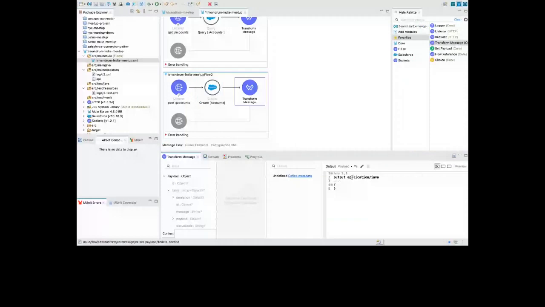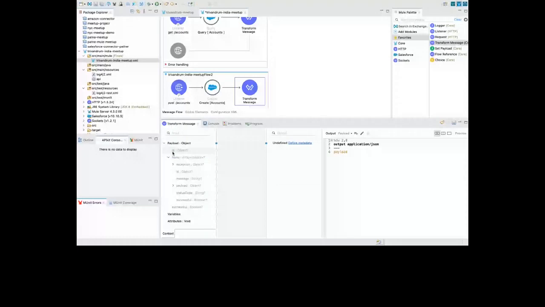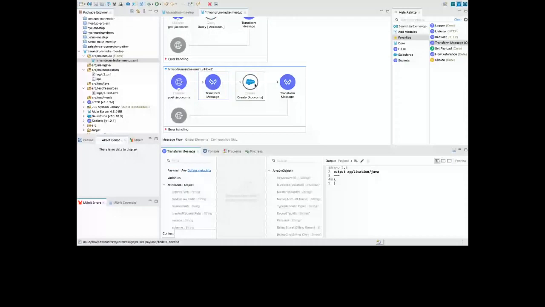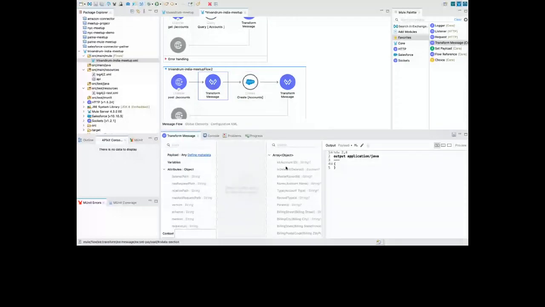On the left itself, we are able to see if there is any exception or what the payload is. Now on the right there are a few parameters that we need. What sort of information do we want to send? Okay. So to create, there will be a mapping. So we'll also use a transform message between listener and accounts. Now you can see here, on the right in the output section, it is saying that these are all the fields related to the account object. Every single thing, no matter if it is a part of a managed package, a custom field, or a related object, every single field you will get over here.